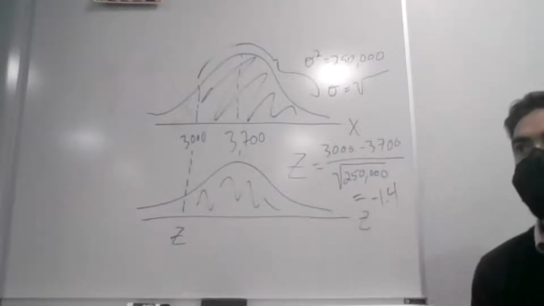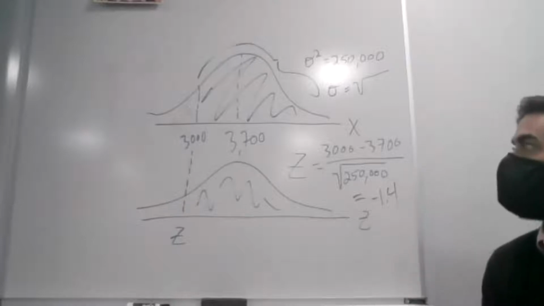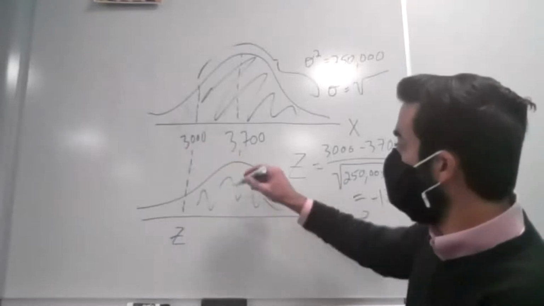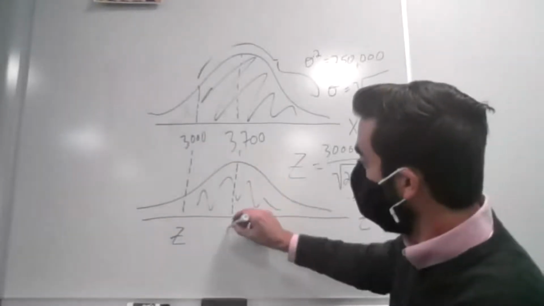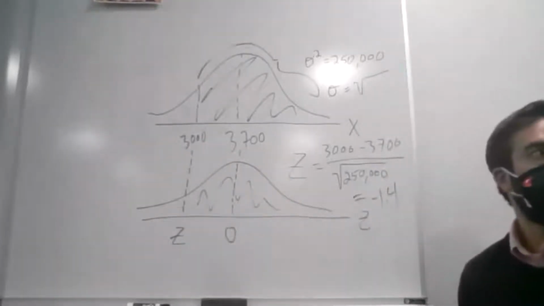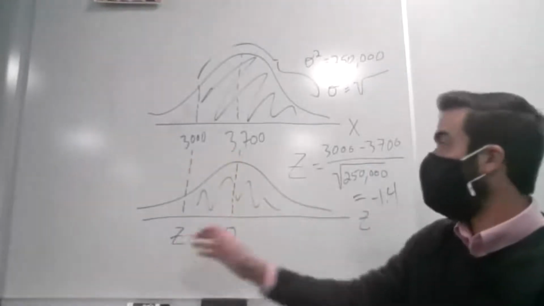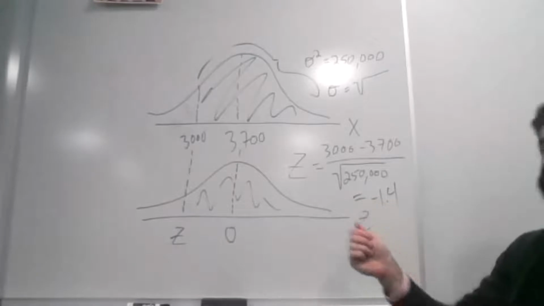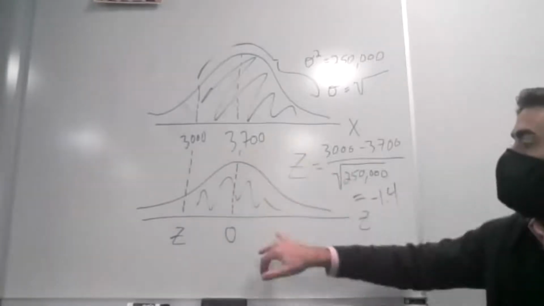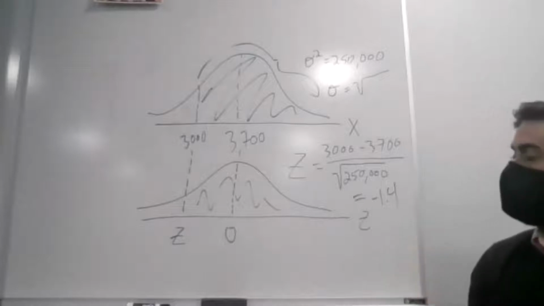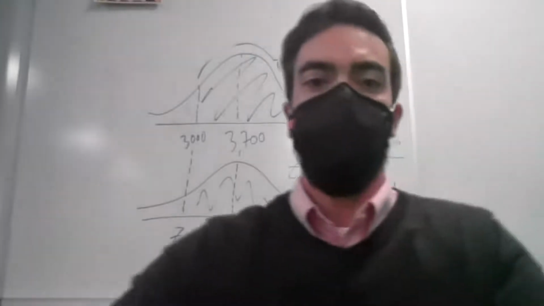negative 1.4. And this is kind of a reminder, if we see a value that's below the mean, remember, the mean would always have a z-score of 0, right? So anything that we see that's below the mean, we know the z-score will actually be negative. If we're looking at a cutoff value above the mean, our z-score would be positive. So we've got negative 1.4, so we'll look that up